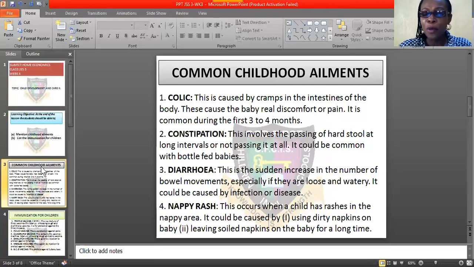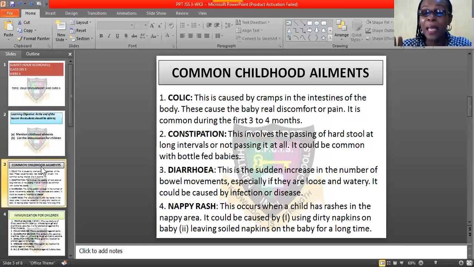Do you understand? Some old women say the child is teething, that's why he's pooping like this. Go and give the child this, go and give the child that. My dear, it is not proper to self-medicate for those small children. Go to your doctor, meet a pediatrician, the doctor that studied about these children. Immediately he sees them, he knows what to offer or to give them. And immediately you apply it, the child is okay.